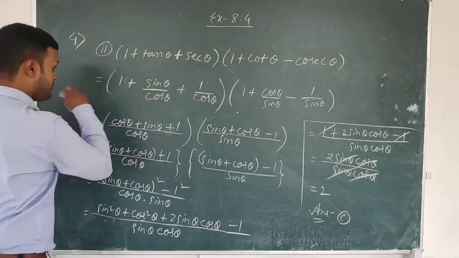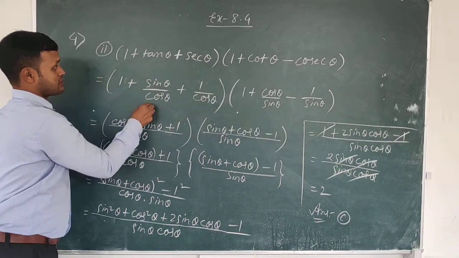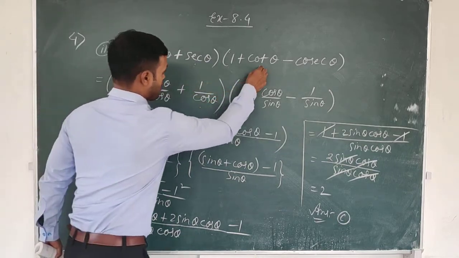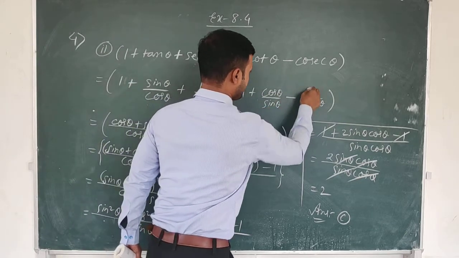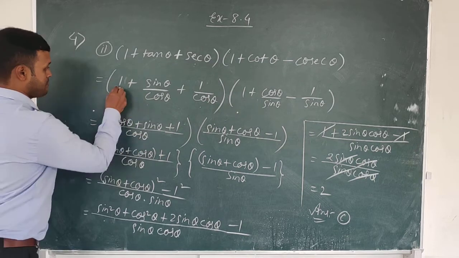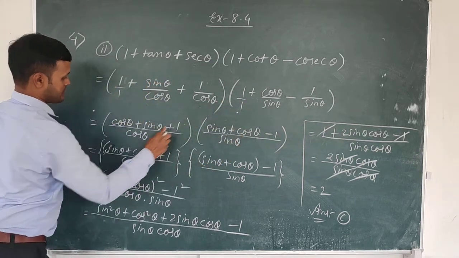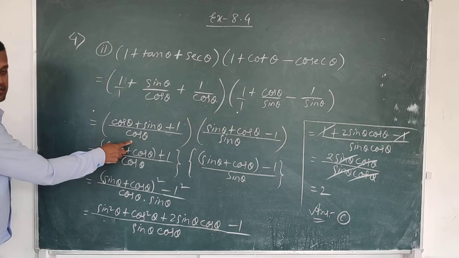So now see. In case of tan theta means what? Tan theta means sin theta by cos theta. Sec theta means 1 by cos theta. Cot theta means cos by sin. And cosec means 1 by sin. Isn't it? So now taking LCM. Below this 1 is there. Below this 1 also 1 is there. 1 cos theta and cos theta is cos theta. So 1 will go over and cos theta cancel.